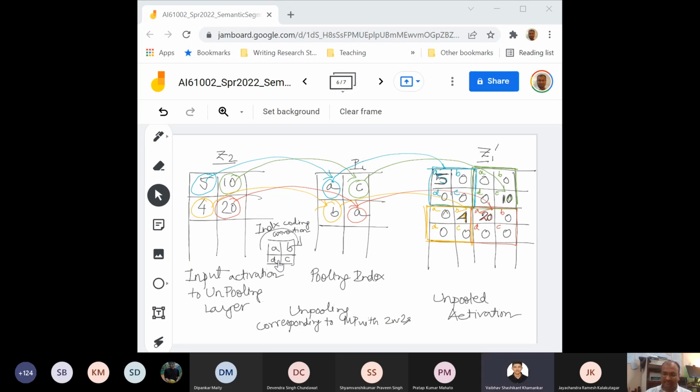Sir, it's coming as M cross N by 2, meaning M multiplied by N divided by 2, total number of flops. I don't think it is going to be so low. Actually, sir, M multiplied by N divided by 4 is coming because we are taking a stride of 2 and a width of 2. See, then your input is of size Mn. If your input is of size Mn, what is the size of your output?